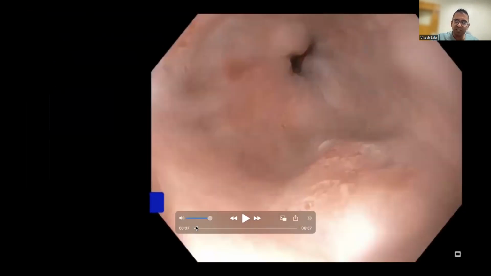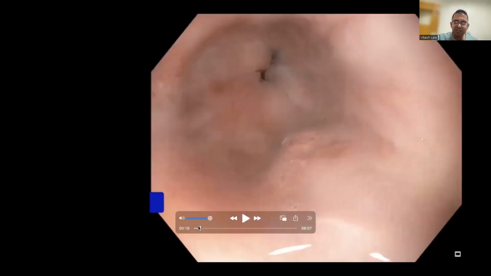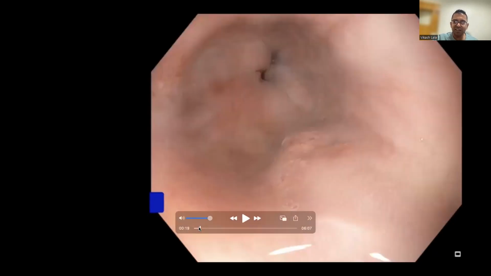So just to take an overall impression, like I said, a blink impression, and you can see that that's the GOJ in the distance. And you can see that there is squamous pretty much everywhere. There isn't much Barrett's tongues. But what you do see with your blink impression is, again, an area of perhaps a bit of extra redness, but certainly bulkiness. And again, bulkiness, nodularity in Barrett's, always concerning. So again, just from your blink impression, you're thinking that's probably where the issue is, where the adenocarcinoma is sitting.